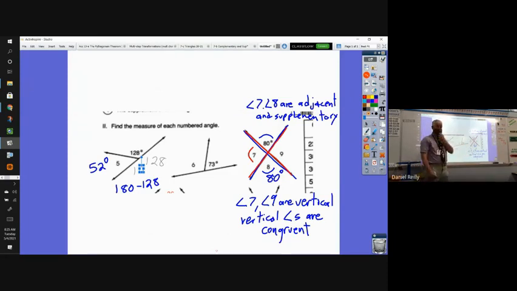You can't do 180 minus 80 in your head? Okay, now some of the math you can't do in your head, I get, but that one you should have been able to do in your head, right? 180 minus 80. What's the measure of angle 9? 100 degrees. It's vertical with angle 7, right? So for each of these pictures, there's really not that much calculation to do. You just have to